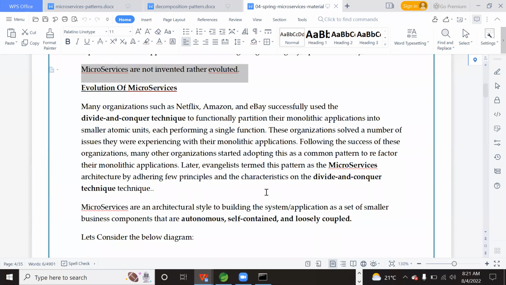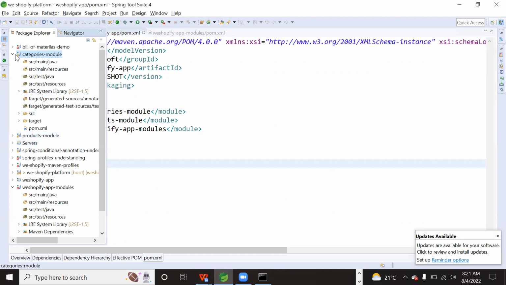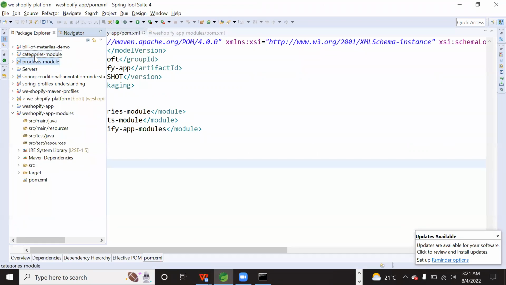Many organizations such as Netflix, Amazon, and eBay successfully used the divide and conquer technique to functionally partition the monolithic application into smaller modules, atomic units, each performing a single function. Exactly what we have also done. This Shopify application was converted into small atomic units, each containing exactly one functionality.